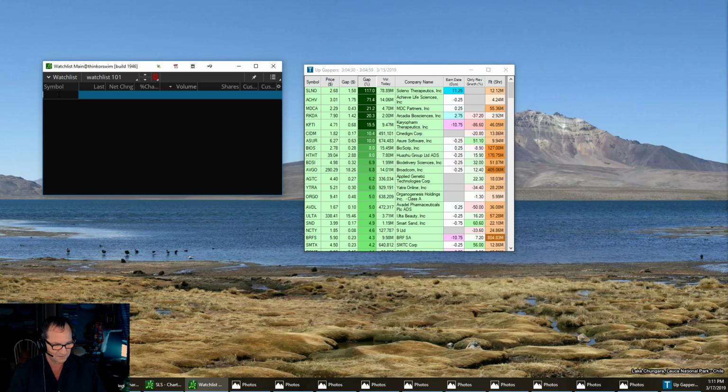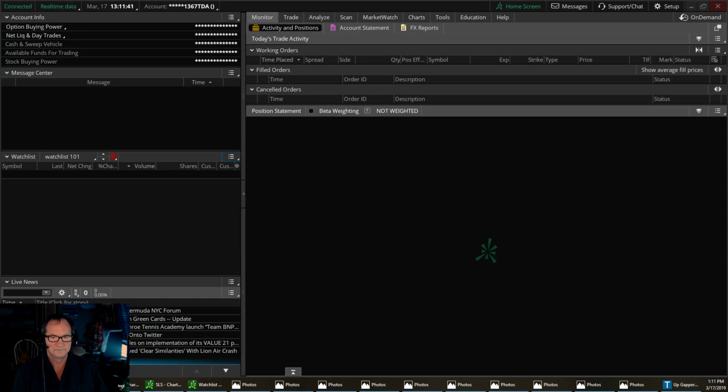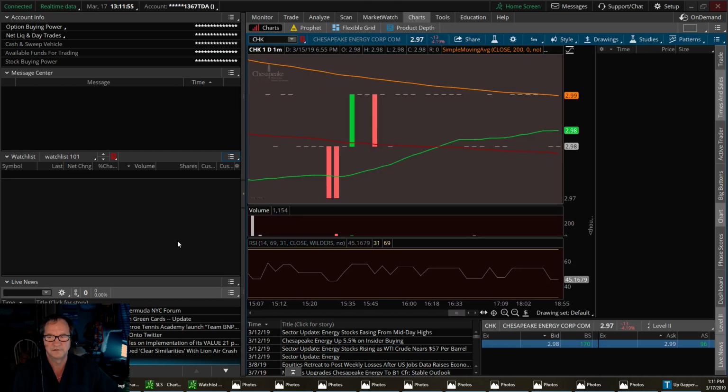The platform I'm using right now is Thinkorswim. It's Ameritrade, and this is the platform that I use, and it has my message center on it. It has my watch list right here, and then I have my news that pops up in the morning. And then I can go ahead and post my charts over here. And then on my charts I have the moving average set up, and I also have what I call the news and the level 2, and the tape tells me the time and sales, how big the block trades are coming in. And right now I don't have my 20 SMA on here,